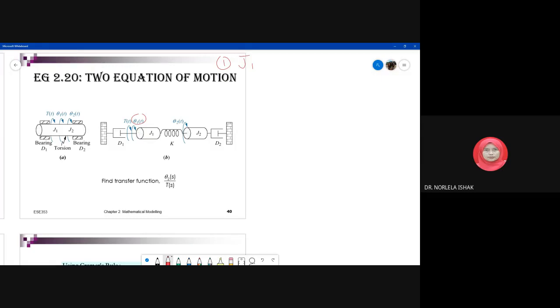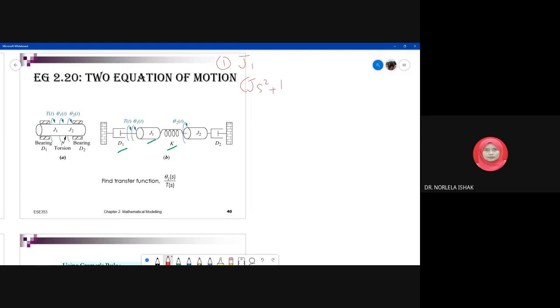What components, what impedance, are connected to angular displacement 1? Okay, so we have K, we have D1, and we have the inertia. So what is its equation? Js squared, right? Js squared, yes. Let's check the table. Yes, Js squared